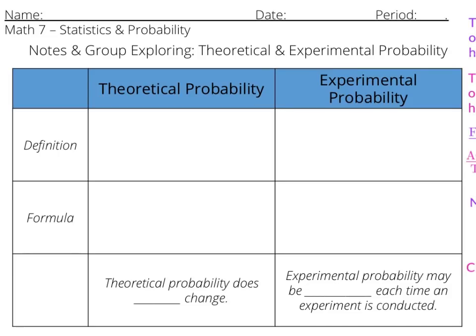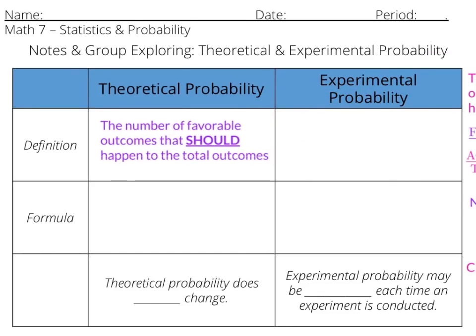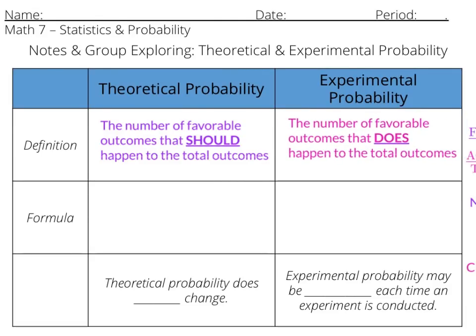Below us we've got a chart that's laid out with our theoretical versus our experimental probability. We're going to compare and contrast the two, starting with the definition. The definition of theoretical probability is the number of favorable outcomes that should happen compared to the total outcomes. So we're talking about theoretical, we're looking at something, and this is saying what should happen. However, experimental probability talks about the number of favorable outcomes that does happen to the total outcomes. So theoretical is what should happen in the abstract, and the experimental probability is what actually happens when you go